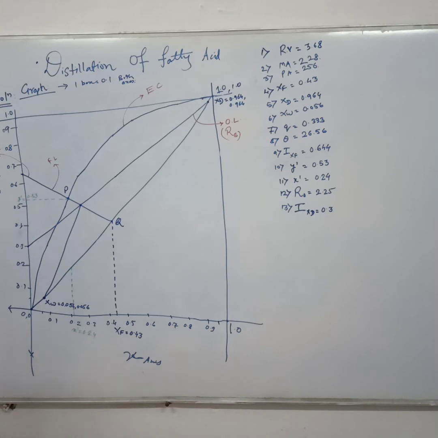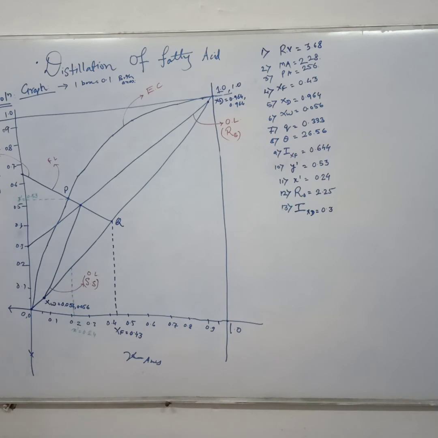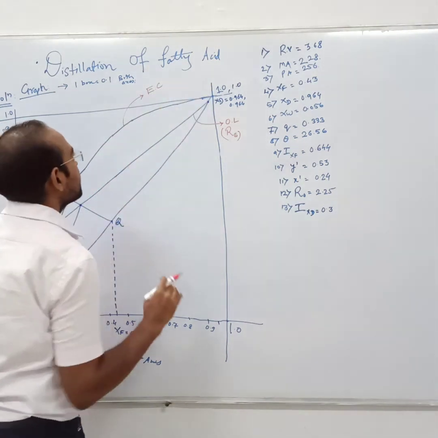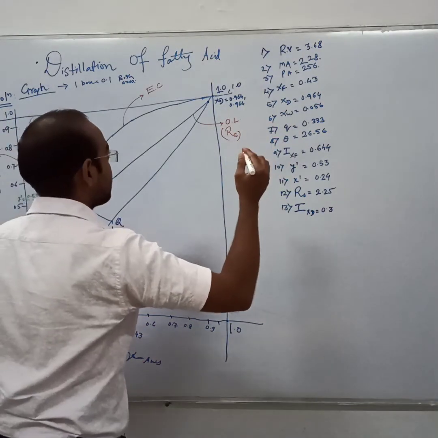So I think each and everything is calculated. Just to show this, this is the operating line of the stripping section. Everything is calculated and found. Let's draw the number of stages now. It is very easy. We always start from the rectification section. So how can we draw the number of plates now?